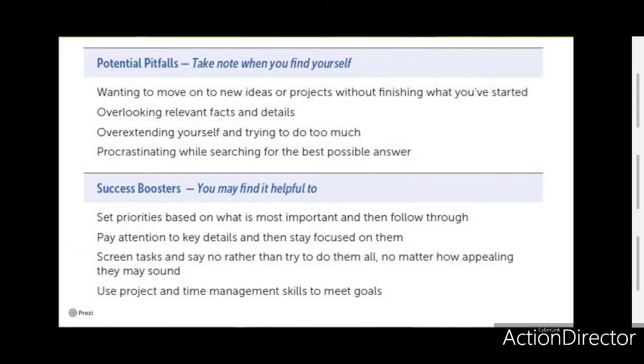So, for example, this is an ENFP type, somebody that's based on N in information gathering, so paying attention to large concepts, theoretical frameworks, and less to particular details. Here it says pay attention to key details and then stay focused on them. This could be something of a development goal in your action plan at the bottom. So I know I'm an N type, so I like to look at the big picture, step back, come to quick conclusions, be imaginative and all that good stuff, but I need to pay attention to key details and then stay focused on them.